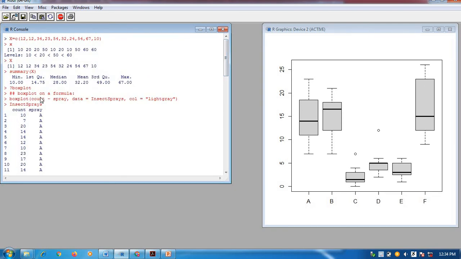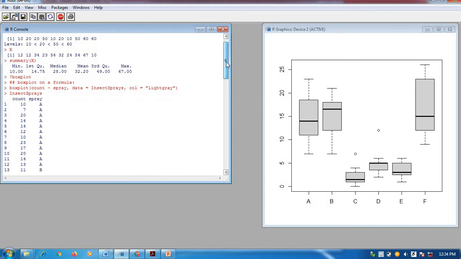So here count tilde spray represents the formula, that means it is taking count for spray A, and on this basis it is plotting this box plot. Can I say it like this, like the data set we discussed earlier? For A there are 12 values available, and the minimum value, you can find it here, is 7.